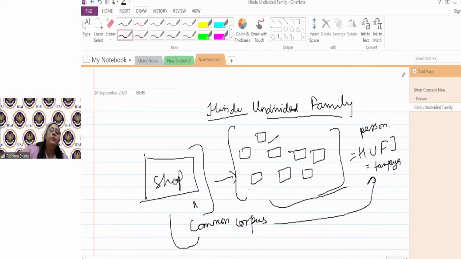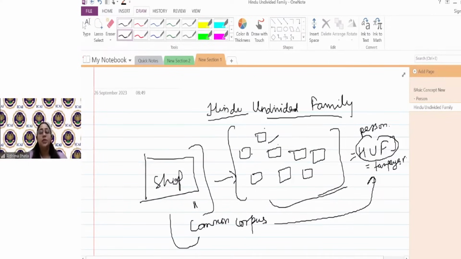Because of the deep roots of our culture of promoting family, of running everything through family, having common business, common property, which not only belongs to one particular person, but to the entire family. So that's why the concept of HUF was introduced. Because you will say here is X, X has sons, X's sons have sons, and this is not only X's income or only X's son's income, it is the entire family's income, so the entire family will pay tax on it. So a family was considered a separate taxpayer. Family is considered a different taxpayer. HUF is a different taxpayer.